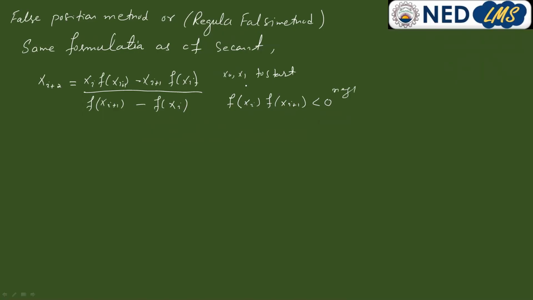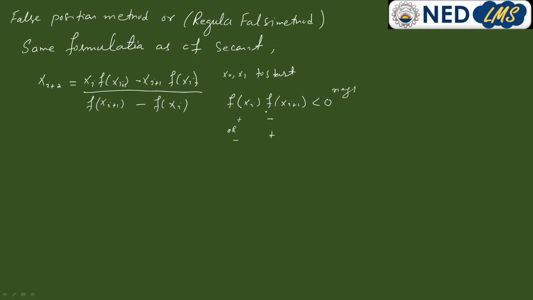This means that you can select any 2 points, but you have to make sure that this condition holds. That is, f of xi and f of xi plus 1 multiplied should be less than 0, that is, negative. It has to remain negative. This is only possible if f of xi is positive, then f of xi plus 1 is negative. Magnitude is not a concern, but sign is important. Or if it is negative, then the other has to be positive. In either case, we will have the less than 0 condition. So this is the condition for the Regula Falsi and secant. We just have to ensure this denominator,